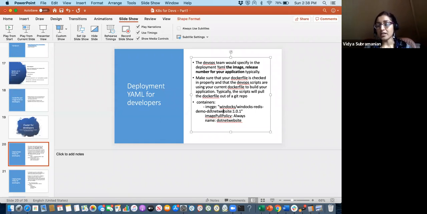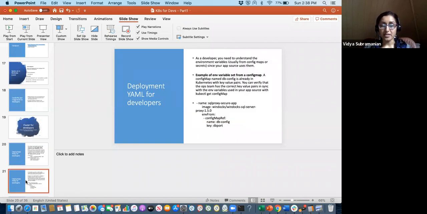The image will, as an example, there will be images like this. In this case, this is a Redis image, and that will have its own image pull policy and a name that is called out. In addition, in the deployment YAML, you want to make sure as a developer that you understand the environment variables that are needed.